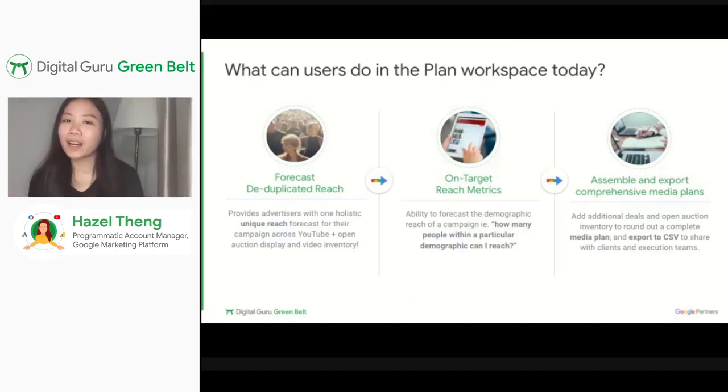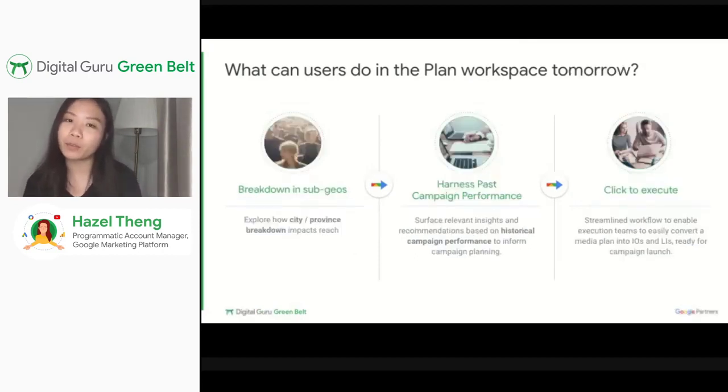Now, this tool is really a step into using technology to aid the daunting task of media planning, especially in this growing, complex, fragmented digital media buying world. What more can we expect from the tool in the near future? I think that is some of the questions that have been on some of the media planners' minds.